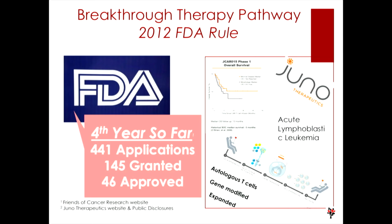Two other examples quickly. Juno, I think someone presented this earlier in the morning, which is a CAR T-based program that has been designated breakthrough therapy. I think this is one example of a therapy that's probably going to move through the regulatory cycle faster than the normal timeline. And these patients are going to die without this, and so I think everybody wants it to work. The other interesting point, though, to the Juno story was they took a lot of investment, they're a public